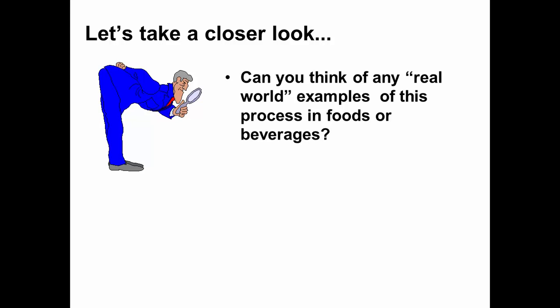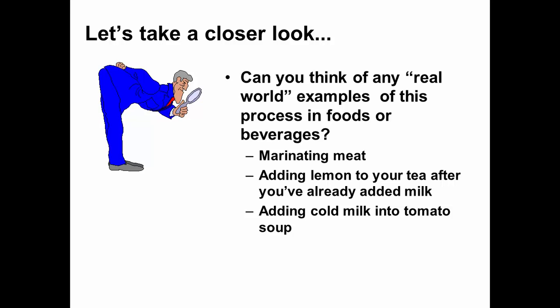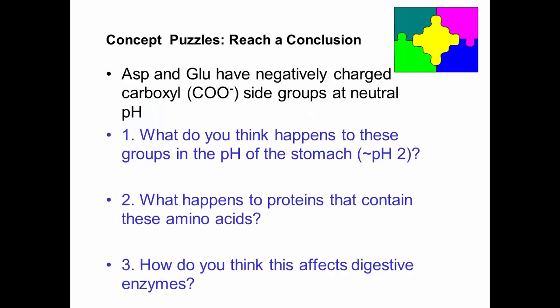Anybody ever try to make cream of tomato soup the wrong way? I'm trying to teach my kids how to make a white sauce and tomato soup, and both have to be hot. You have to do something to the milk before you put it in. If you put cold milk into a tomato soup, you know what happens. It's not a very pretty cream of tomato soup. Anyway, you get the idea. Not that you would ever do this unless you're asleep when you're having your tea. If you put lemon in it and you've already added milk, that would do it as well.